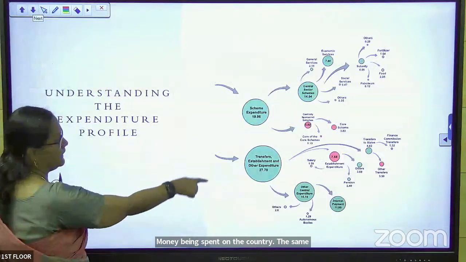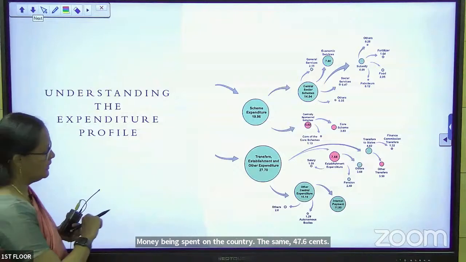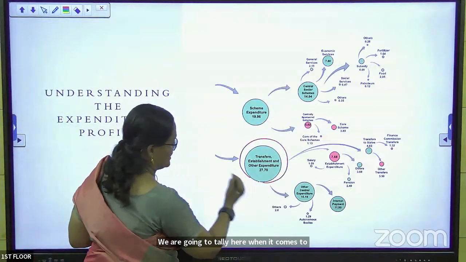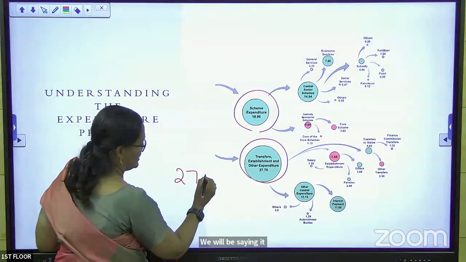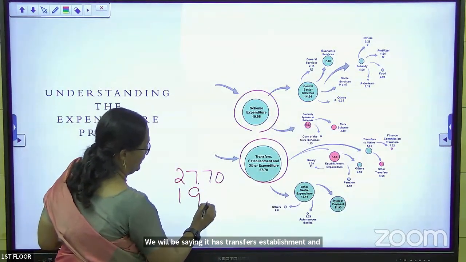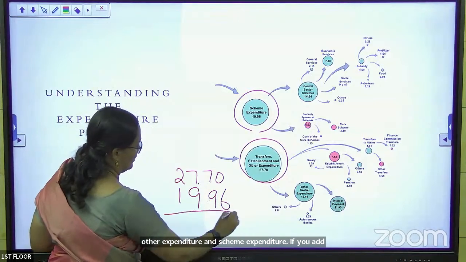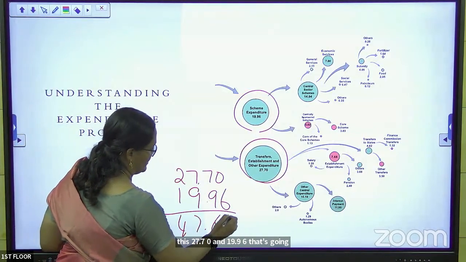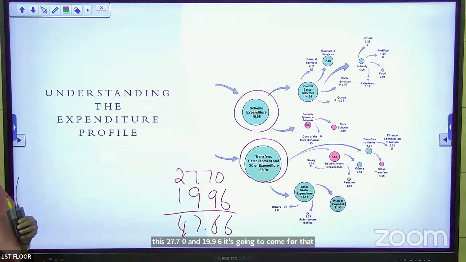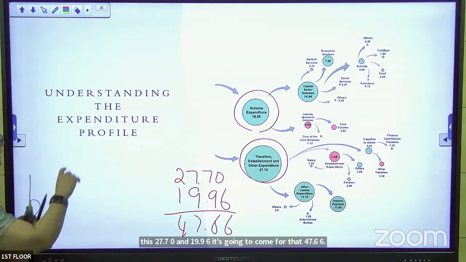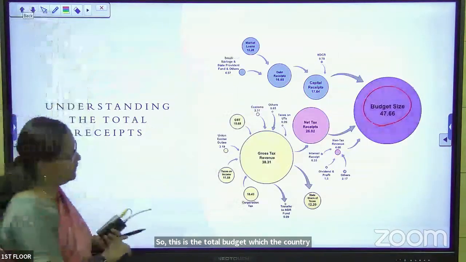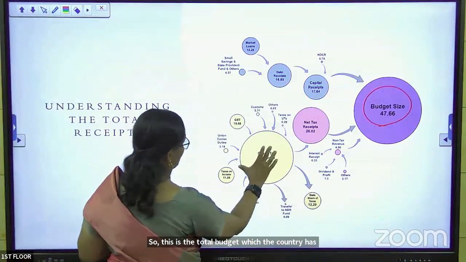The same 47.66 we are going to tally here when it comes to expenditure. We will be saying it as transfers, establishment and other expenditure, and scheme expenditure. If you add this 27.70 and 19.96, it's going to come to that 47.66. So this is the total budget which the country has presented. First, in this 47.66,